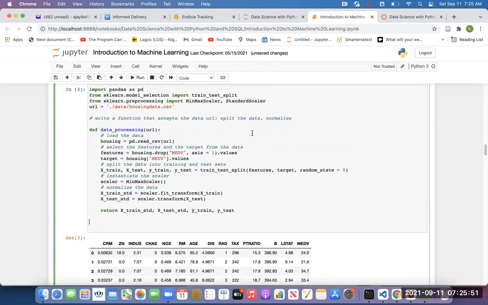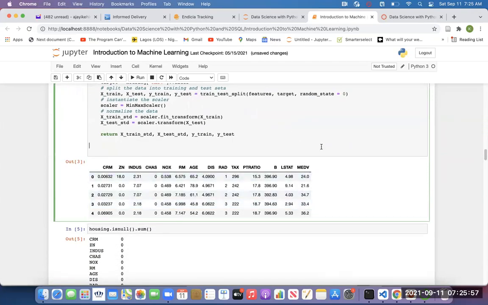We don't need to transform the output. The output is what you are trying to predict. This is an example of what you are trying to predict. So it's not really necessary to transform the output, because that's what you are trying to predict.